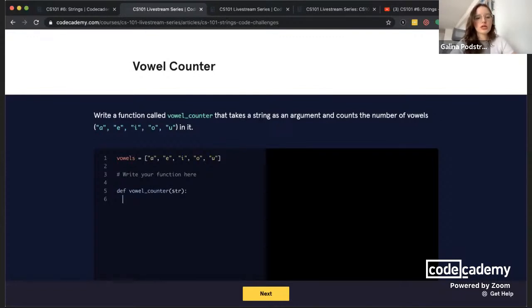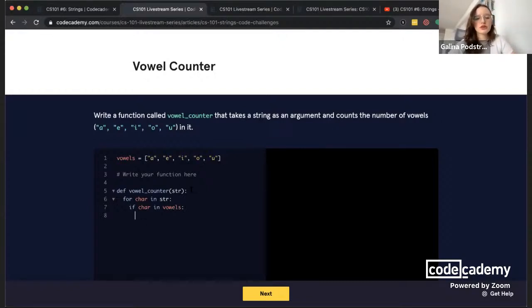If we have any string, let's say hey, it's going to return 1 as the number of vowels it includes, which is E. So we want to write code to accomplish this logic. First, we want to iterate through the entire string to check if there is a vowel in it. So let's use a for loop. For character in string, we want to check if the character is in our collection of vowels. We have a list here that we can use. So if char in vowels, then we want to